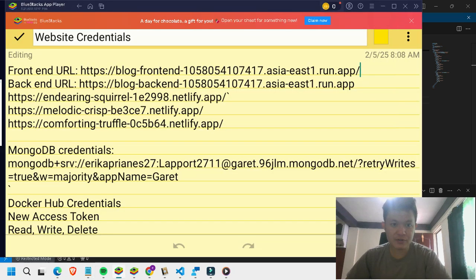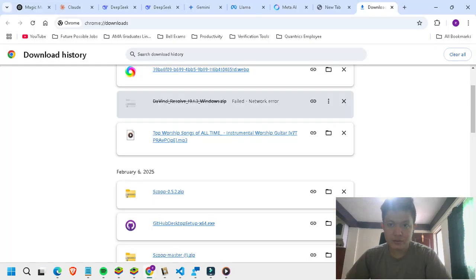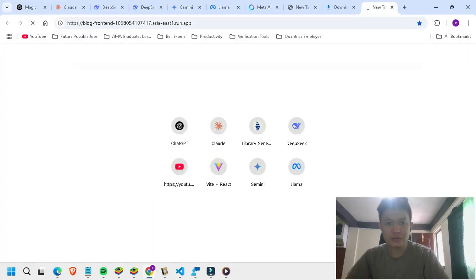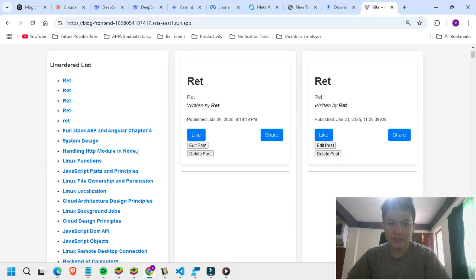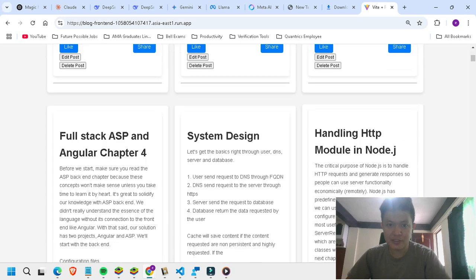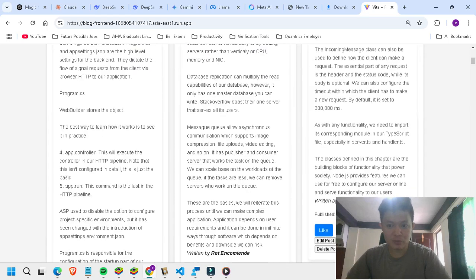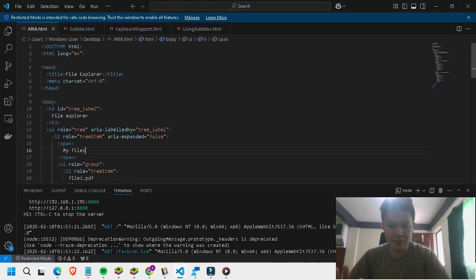Like for example, my web page, here you see the time, the date it was published, from top to bottom, from the latest. It's the same concept with accessibility: you start from top to bottom.